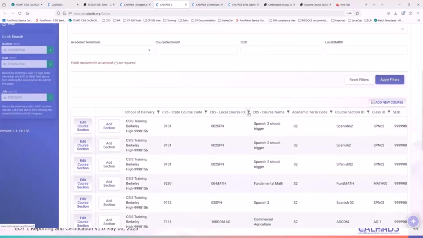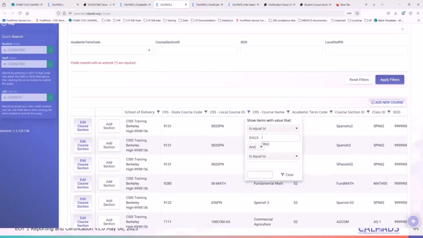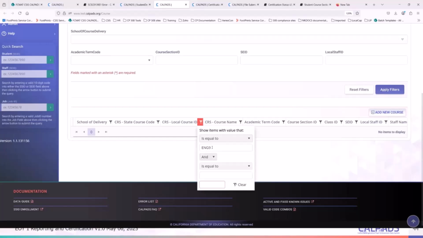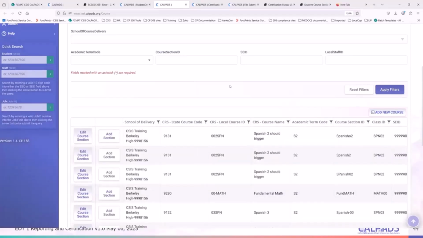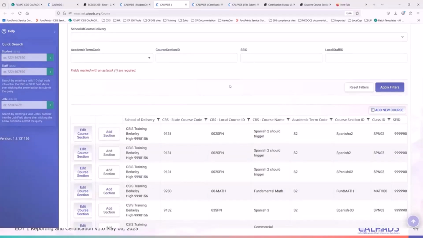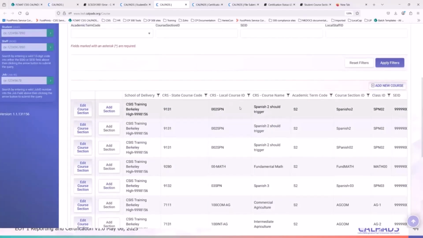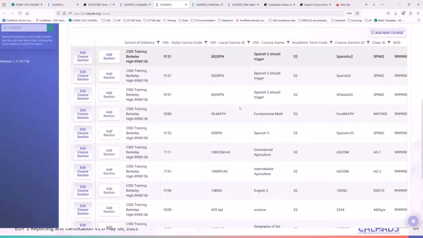So local course ID is equal to English 9. All right, so it's not there. That's odd, right? It says the file went through, but English 9 isn't there. So what you need to do now is look at the local course IDs and what's causing the issue.